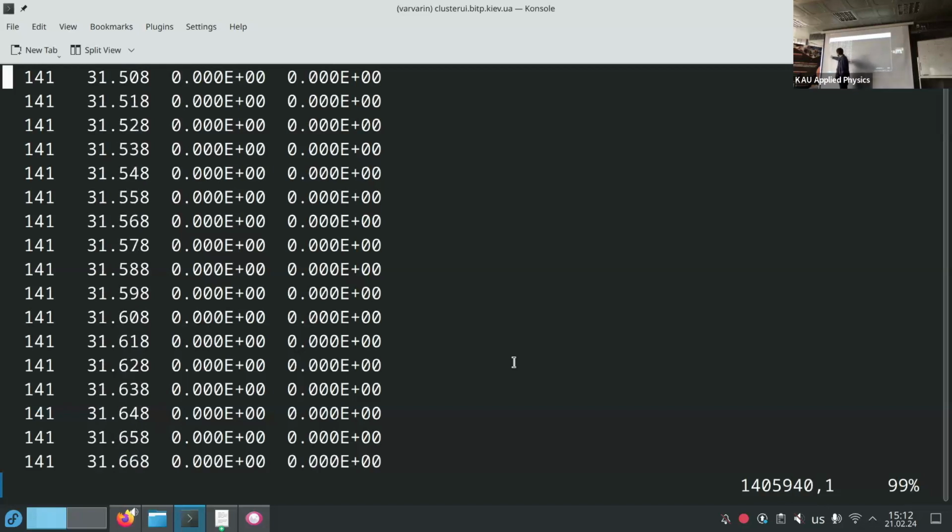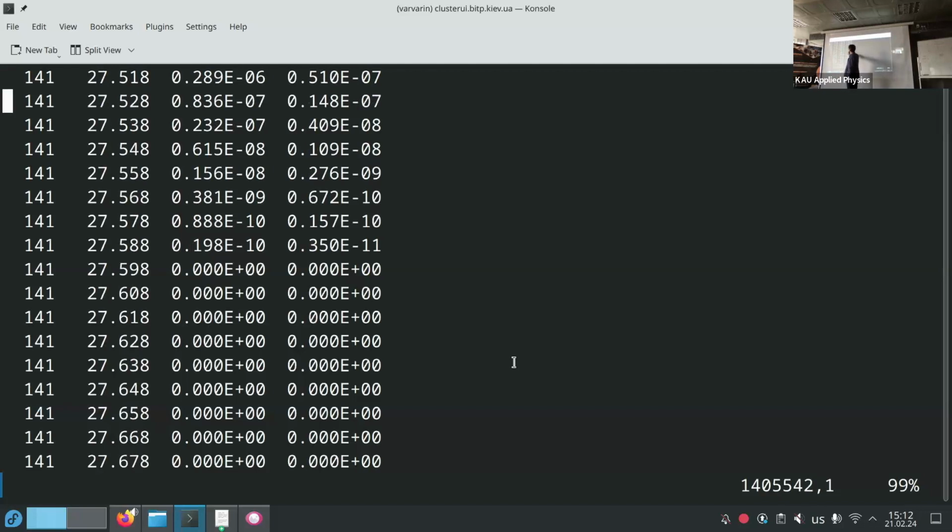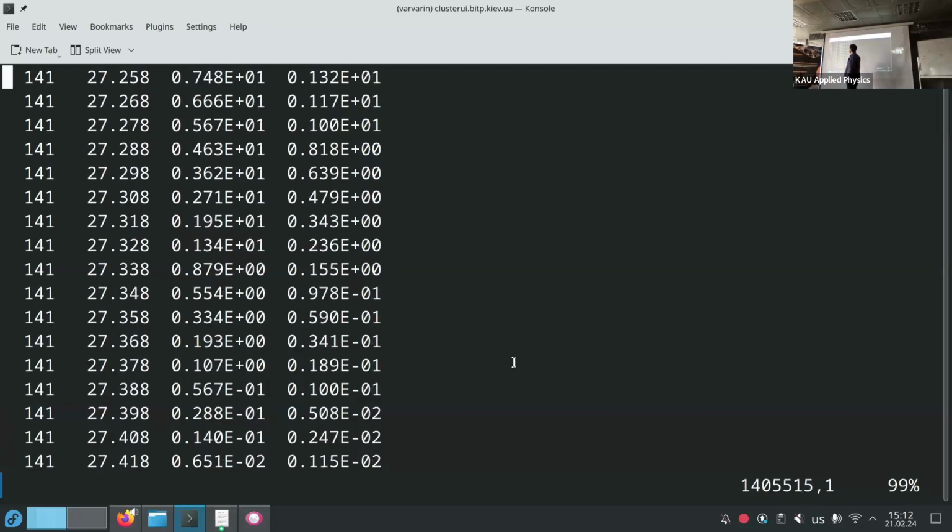So it takes the whole path for this k-point. So it's like 141 multiplied by 141, and you should get the same as this number. You see, it's really crazy, yeah. And you can go up.